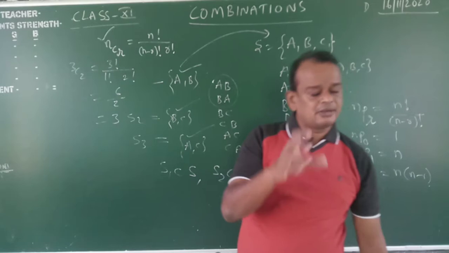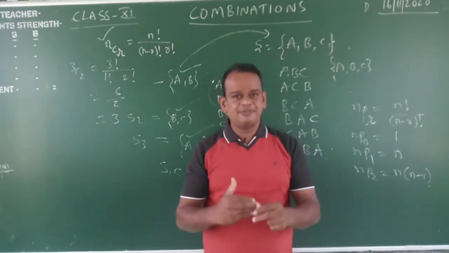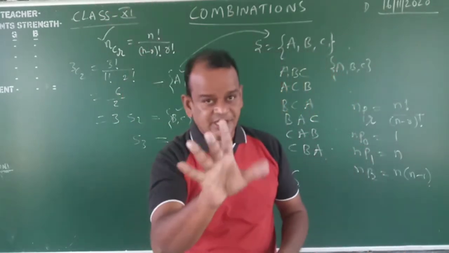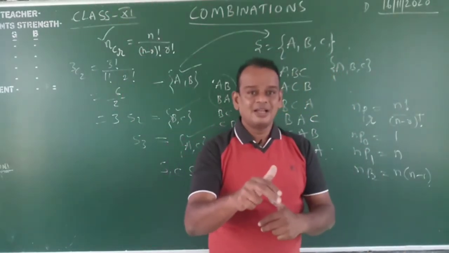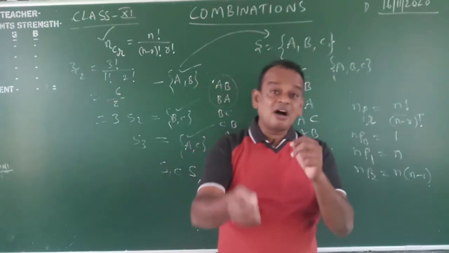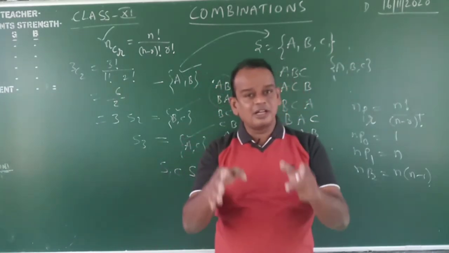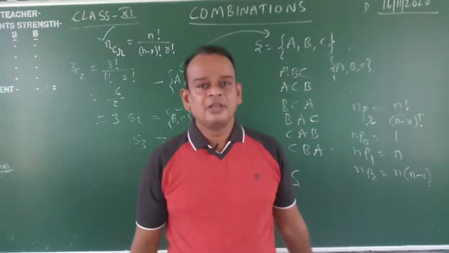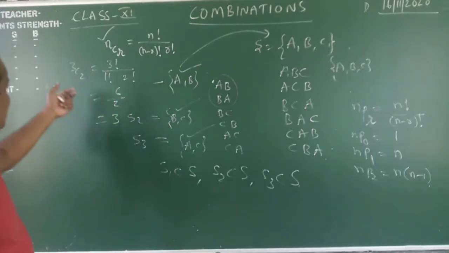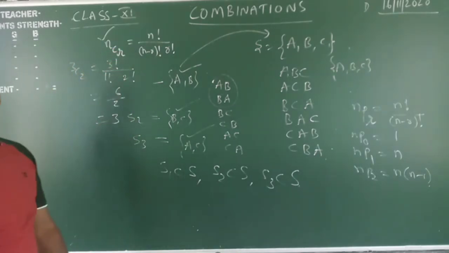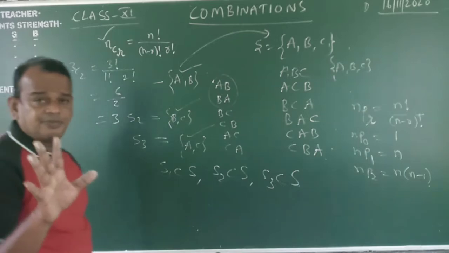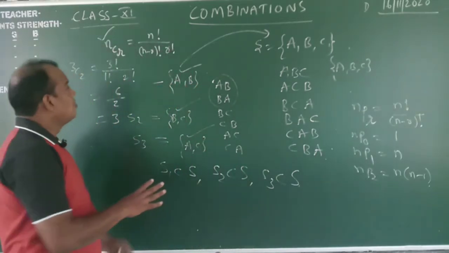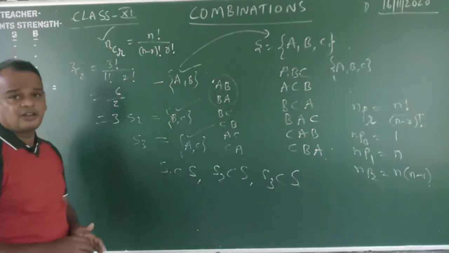What is the formula of nCr? Clear? Listen carefully. The number of selections or combinations of n different things taken r at a time is nCr. That is also defined as the number of r element subsets of a set containing n elements, which is equal to nCr. Now the nCr formula is n factorial by n minus r factorial into r factorial. Okay, my dear students, any mistake? Any doubt? No doubt.